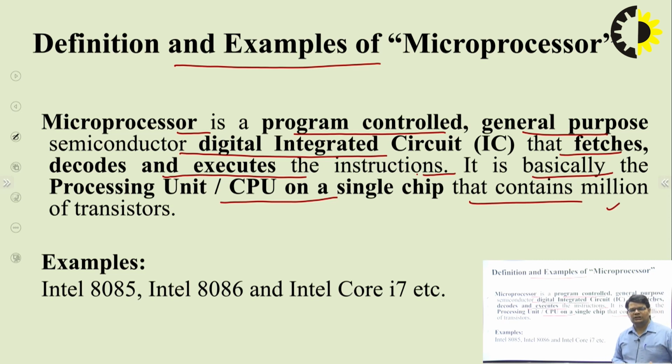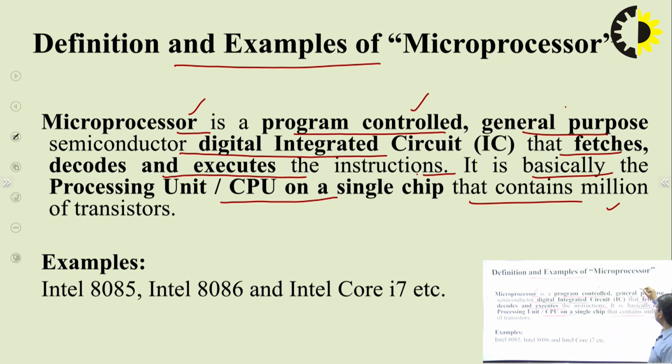Basically microprocessor is known as microprocessor because of its small size, and earlier when it was invented the technology was micrometer. So because of small size and with large processing power and small size in the microns or micrometer, this IC was known as the microprocessor. Microprocessor basically works according to the instructions in the program. So as per the instructions given by the user, microprocessor operates accordingly. So microprocessor is basically a program controlled IC.